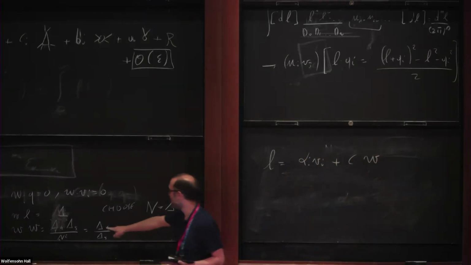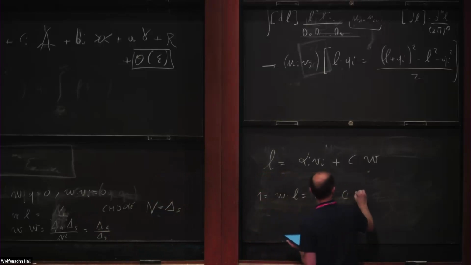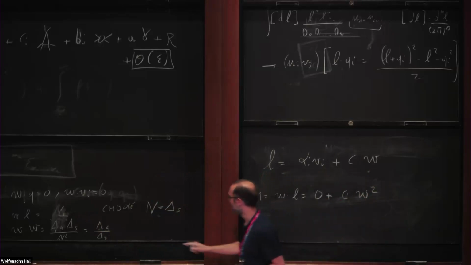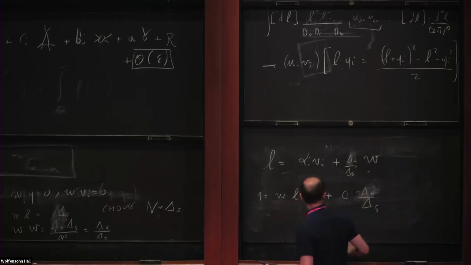But again, if I now dot it in, I know that v dot l is 1, which is equal to 0 plus c v squared, which is delta 4 over delta 5. So this tells me what this object here is. And then because of this,